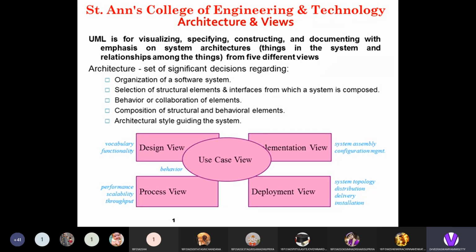Deployment view addresses the distribution, delivery, installation, and the system topology. And use case view focuses on the behavior of the system, how actors are involved, and how that behavior can be analyzed from the testers' and developers' perspective. So these are the 5 different kinds of views in the UML. These views make up the complete UML architecture of the model.